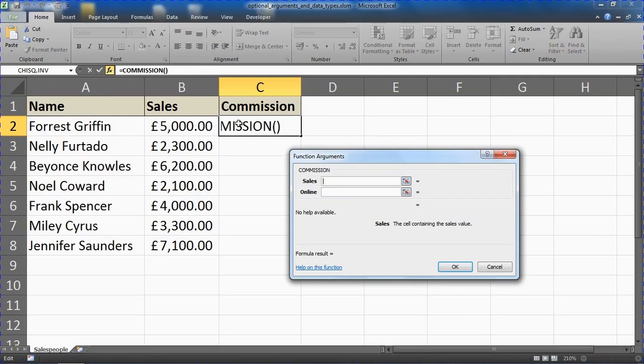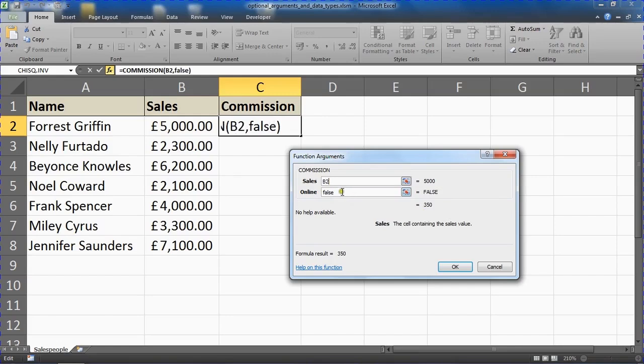So if I provide a sales figure for it, immediately it's giving me information. It's saying that the answer is 350. Now I'm trying to remember what values we set. Let's see what we put for online. If I type true, then it's 250. And if I type false,